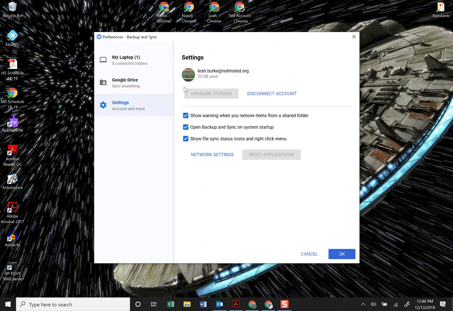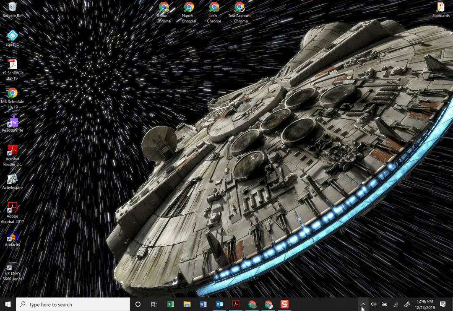And then settings, obviously, you can disconnect your account, re-sign in, show warnings, open backup and sync on system startup. So I want this to start automatically when I start my computer, and show file status, sync icons, and right-click menu. If you ever need to get back to this preference screen and change your preferences, once you have backup and sync running, if you click on that little cloud